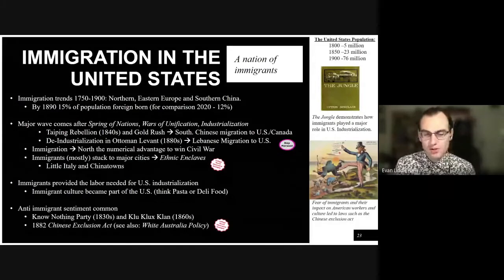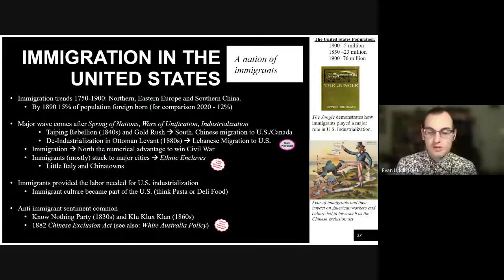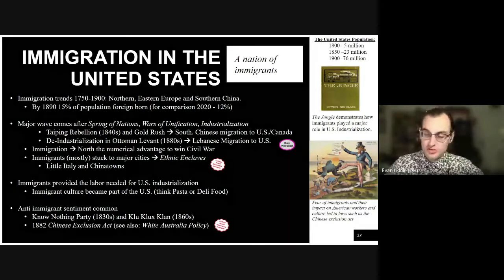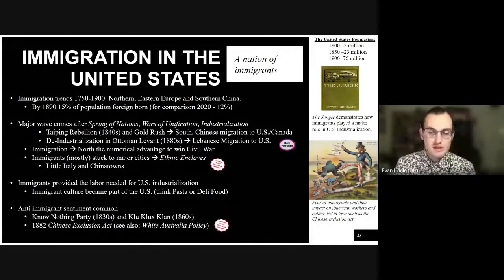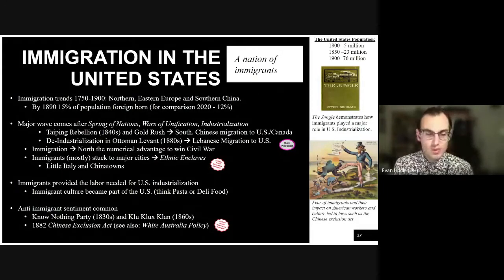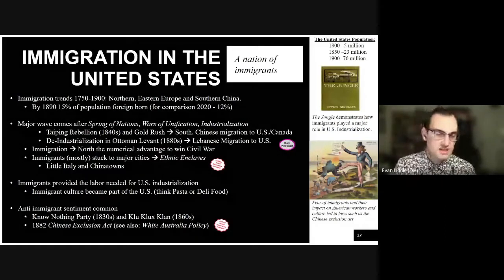And while some of them went out into the West, many of them simply stuck to the major cities, which is where we get our big ethnic enclaves that formed in part because most cities at this time had laws restricting the physical location of immigrants to certain parts of town. This was particularly true of Chinatowns. San Francisco is the oldest Chinatown in the United States. The citizens of San Francisco did not want to have to live nearby Chinese people, and so they forced them to stick to a very particular district that eventually grew up into the Chinatown that we know today.